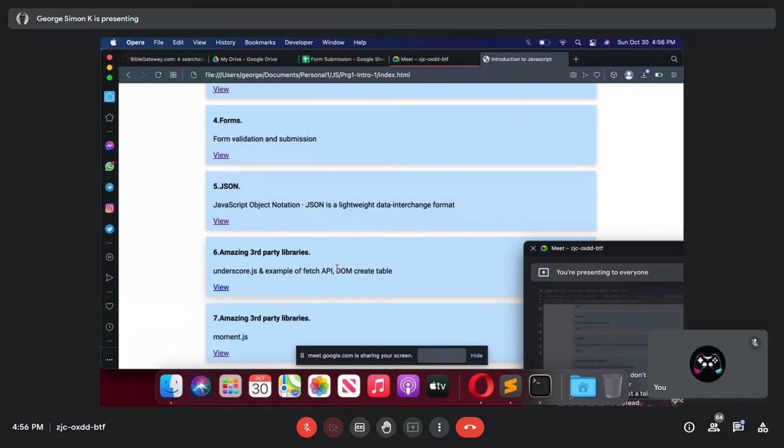So there probably you might require some of the third-party libraries. I'm just sharing one third-party library called Underscore.js. We have quite a lot of third-party libraries, all free, written by some amazing universities or programmers.